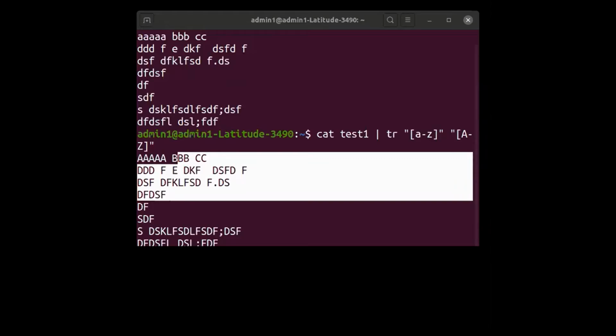Roll number 184, can you tell me in which case it is, lowercase or uppercase? Roll number 184. Roll number 17. Roll number 17. Roll number 184.